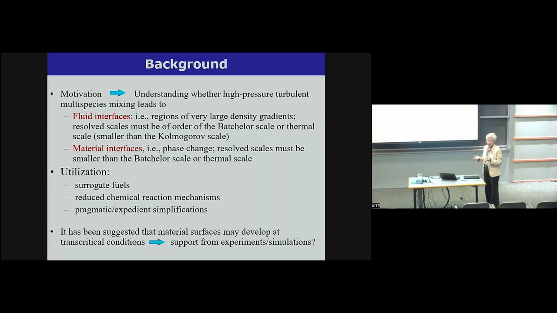So why are we interested in something like that? For example, we know that fuels are very complex mixtures of hundreds to thousands of species. Very impractical to model them or to derive some kind of physical understanding in a laboratory. So people use surrogate fuels. They basically take out a lot of the species, just work with a mixture of a few of them, and then they derive conclusions. The question is, are those conclusions really relevant to the fuel that they started from?